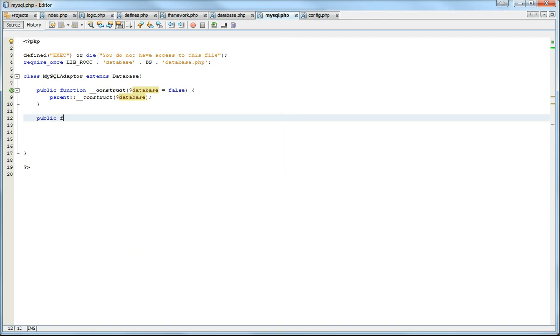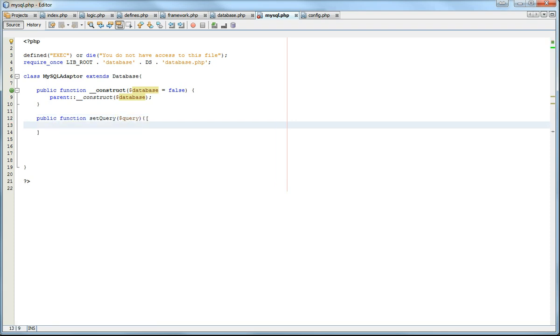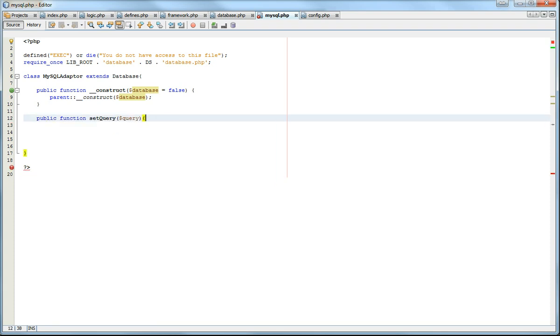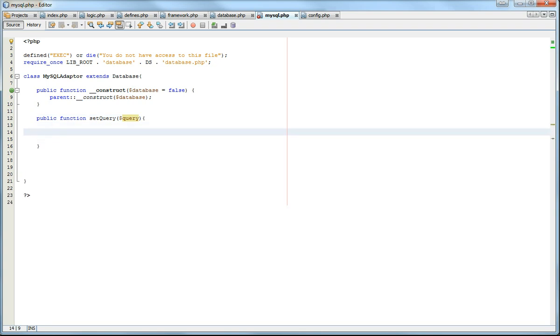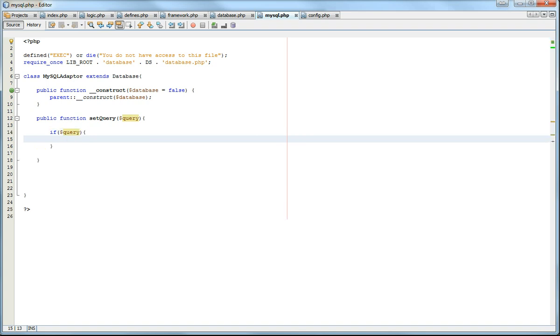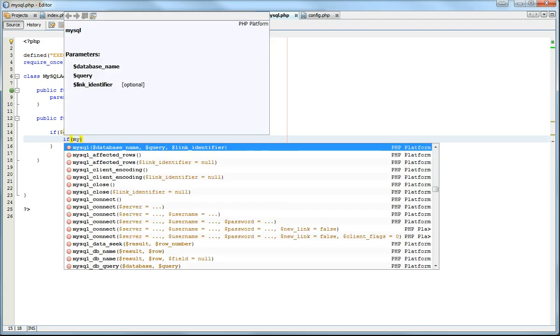So we're going to make a public function, and we're just going to do a quick query, and we're going to say set query, and this is going to be equal to, and have a parameter, an argument, I keep saying that, of query. So nice and simple. First of all, let's check if query. We're not going to do any regular expressions to check it, because we're all great PHP programmers, and we're going to basically put in the correct query first time. So all we're going to say is if